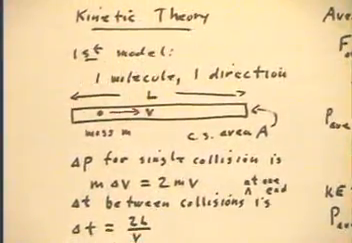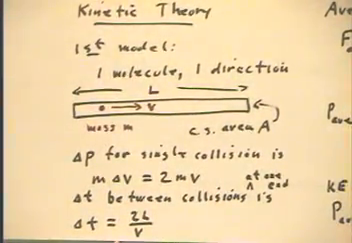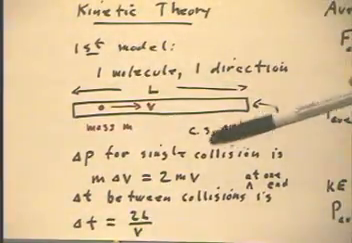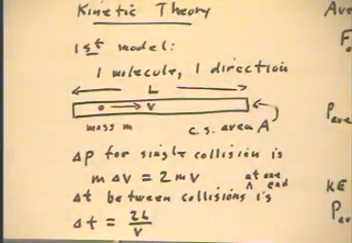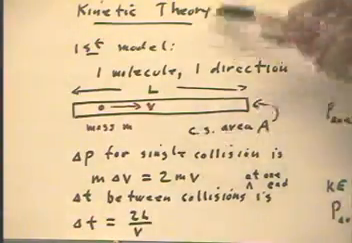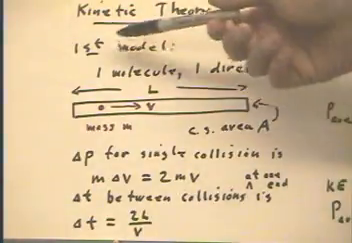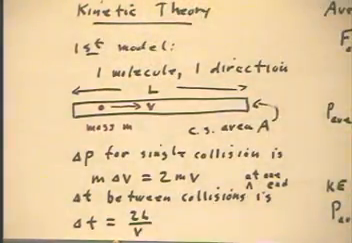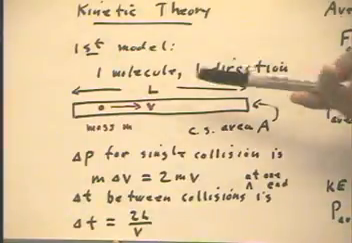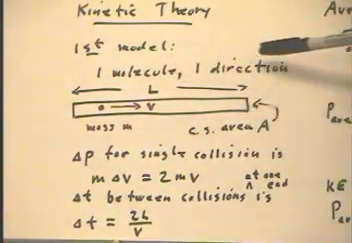In the kinetic theory of gases, which gives us a theoretical basis for PV equals nRT and a lot of other properties that we've been using, including the specific heats, the constant volume, constant pressure, specific heats for diatomic and monatomic gases, and so forth, we have these models. The first model of the kinetic theory is a simplistic model consisting of one molecule